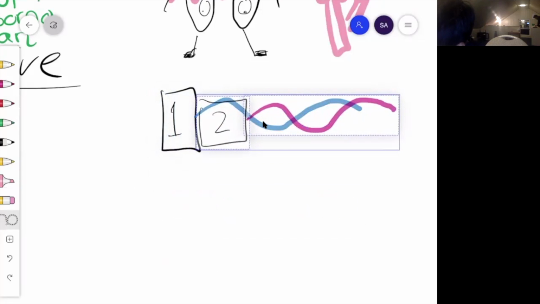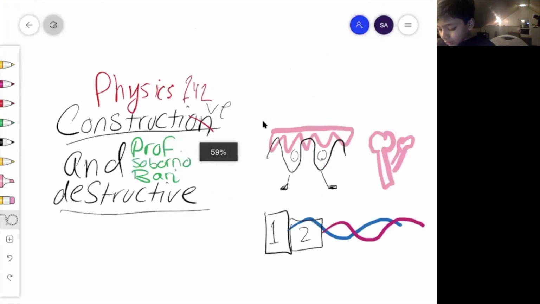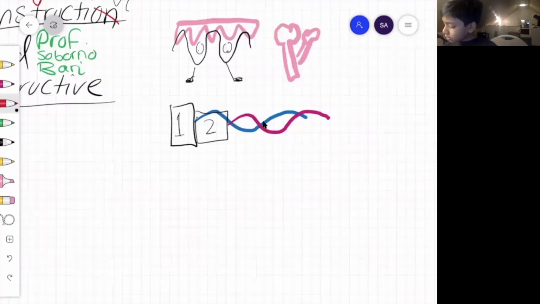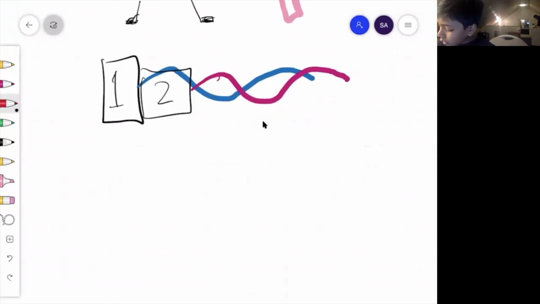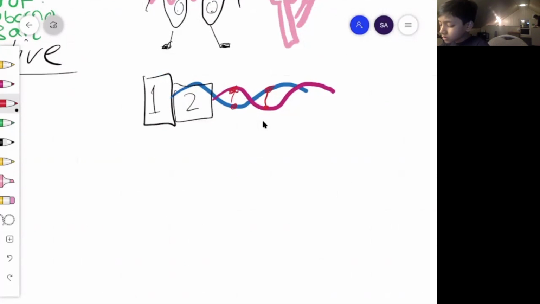Then suddenly things change. Because now we see that the crests line up with the troughs, and the troughs line up with the crests. So now that is out of sync.